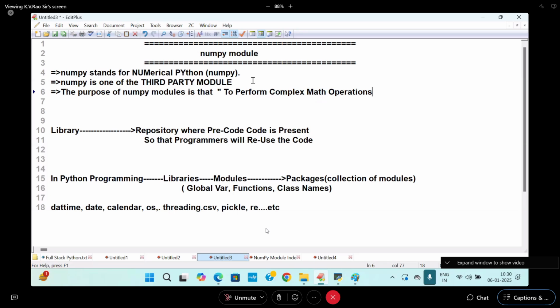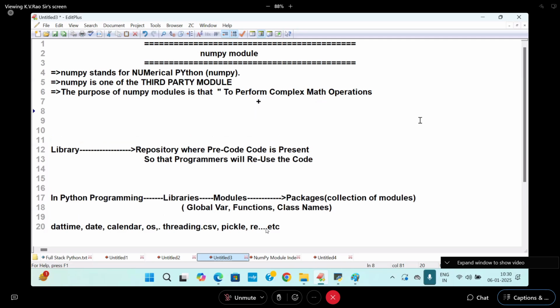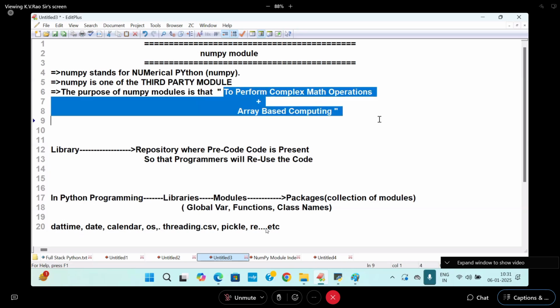What is that called? Addition. A third party module to perform complex mathematical operations. Mathematical operations like what? Matrix operations, transformation, Fourier's theorem, reshaping matrices, 3-dimensional operations, indexing, slicing, linear algebra operations, and extracting elements from files. Those are the many complex mathematical operations. Plus, it will provide array-based computing. That is the basic importance of